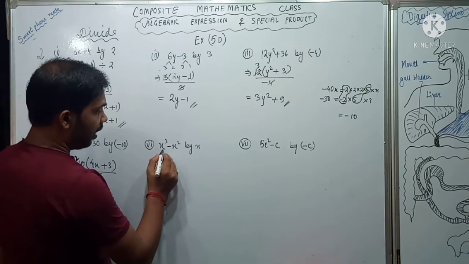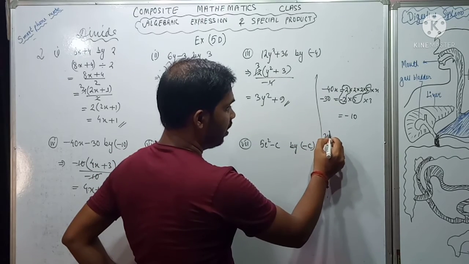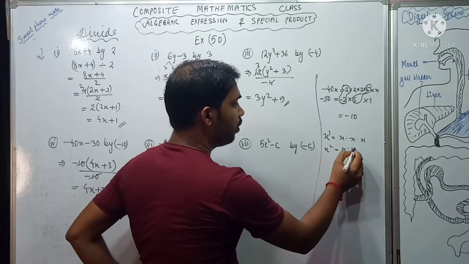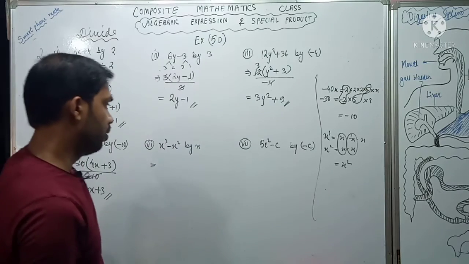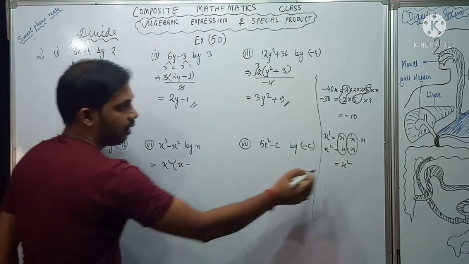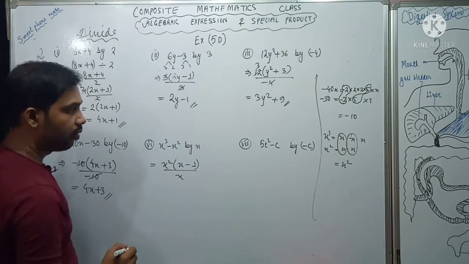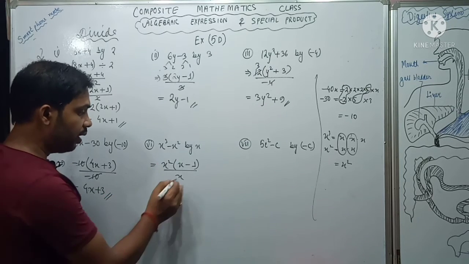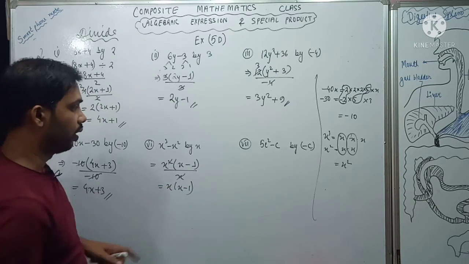You see it is x3 having. So x3 means x into x into x, and x2 means x into x. What common is coming? x square is coming common. So take out x square. So x square taken. So x minus, how much will be left? Here nothing is left. That means 1 is left by x. Now you see here x square means 2x having. So you can cancel out 1x, 1x cancel, it is x minus 1.